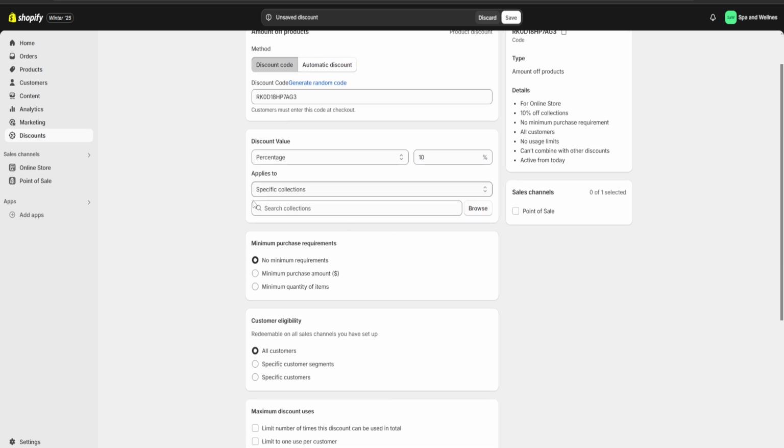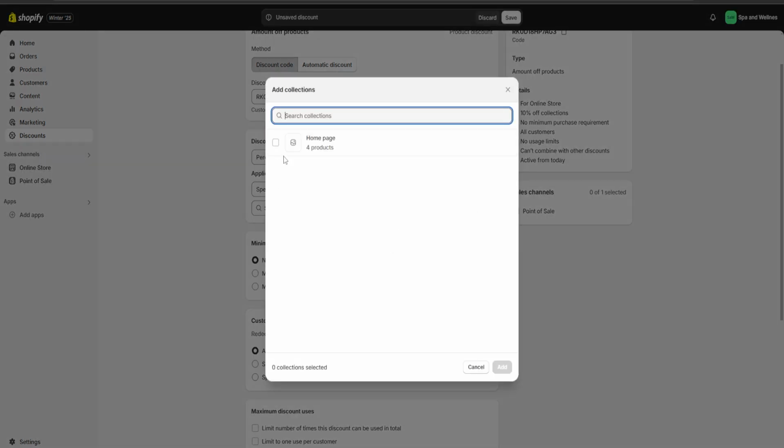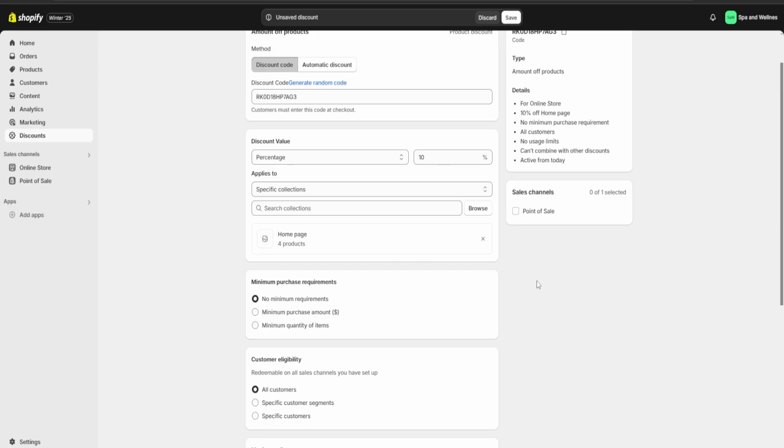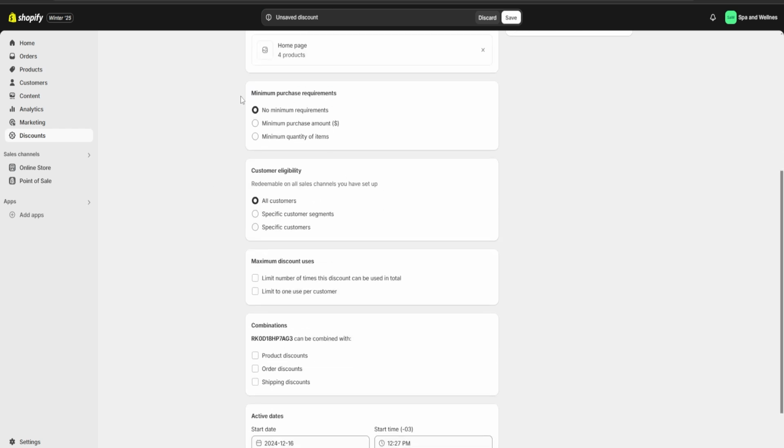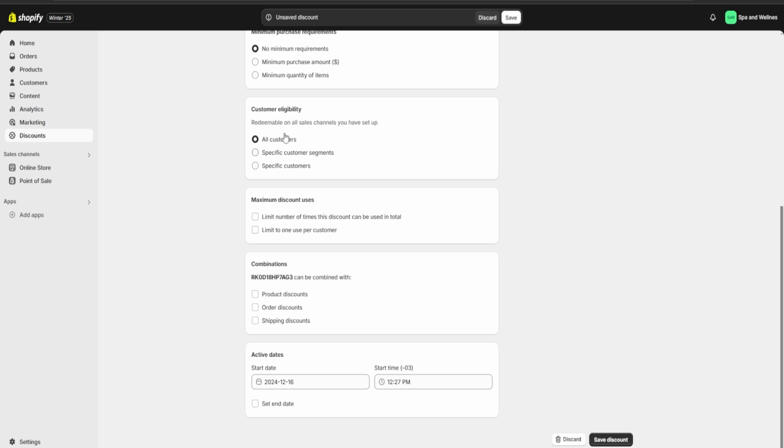Here, we're going to be able to choose which collections our discount is going to apply to. We're going to click on browse and choose our homepage collection. So now our discount would work only for the products on our homepage. If we keep going down, you can see that we can further customize our discount. For example, we can choose if we need any kind of minimum purchase to be able to use our discount, the customer eligibility, the maximum amount of uses it has, and also the combinations that we can use for our